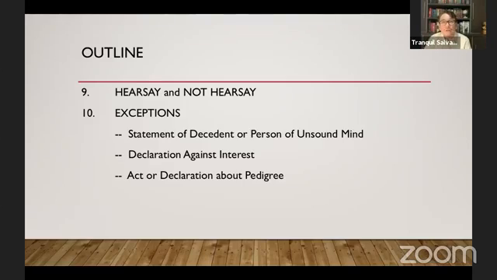Now, this definition likewise defines what is hearsay. It is an oral or written assertion. And even conduct, even if just the conduct, is also treated as hearsay if it is intended to be what? An assertion. Now, in the effort to make it more understandable, let us look at the type of hearsay. Okay, it is that which focuses on the type of the statement and the purpose for which it is offered. And I hope that with this example,